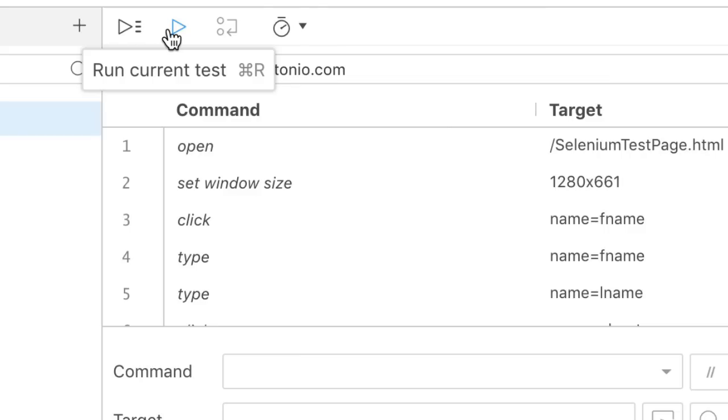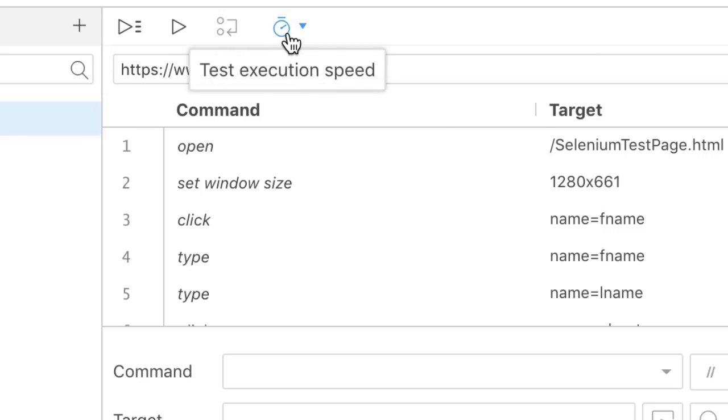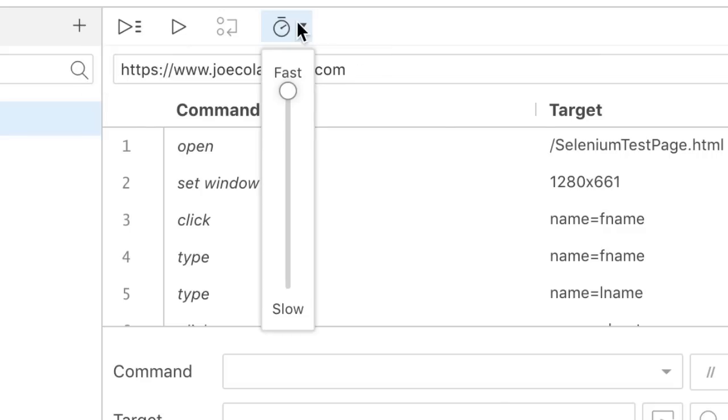The other control I also include within the run commands is the test execution speed. The speed control controls how fast you want the test to run. A lot of times, good practice is just to not always do it as fast as possible. For a lot of times when you run your test, there's sometimes network latency, little hiccups in the network that cause time variations. So to handle that, sometimes you want to run your test not as fast as it can be, but maybe just a little bit slower than normal.